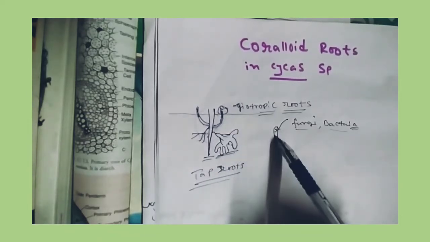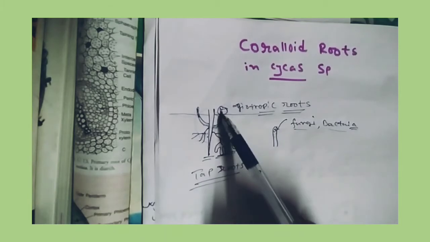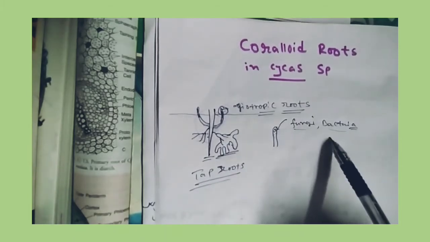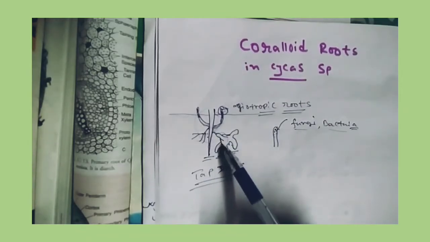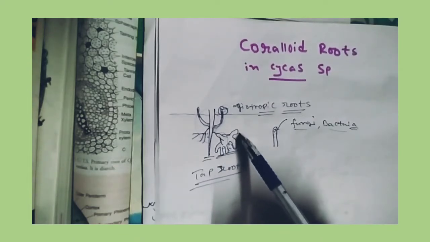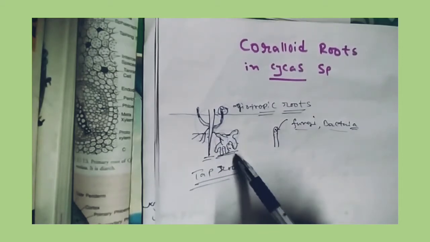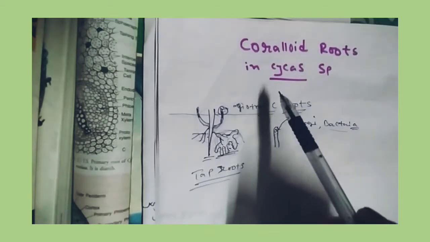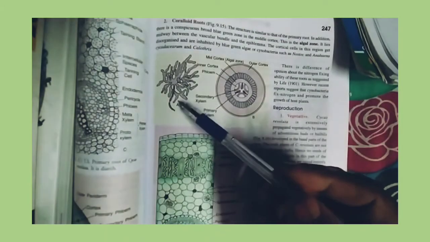The apogeotropic roots at their outer surface contain some pneumatathodes, that is pores. Here the pneumatathode lies. Through these pores, fungi and bacteria enter and travel down the roots, where they deform the simple taproot system so that it looks like a coral. So this root is known as coralloid root. The coralloid roots look like this. This is the structure of the coralloid root,